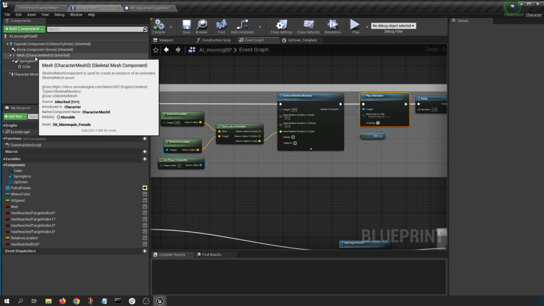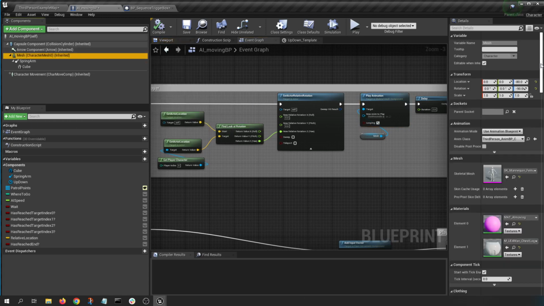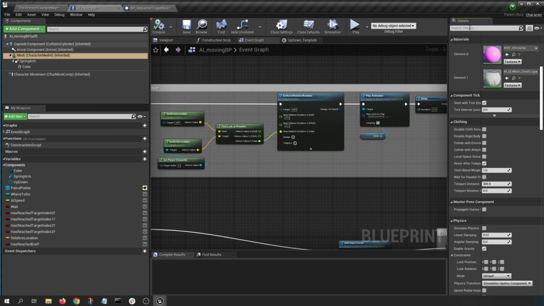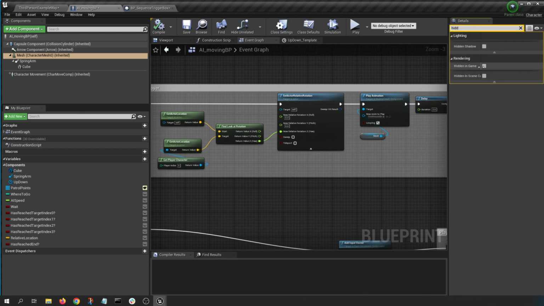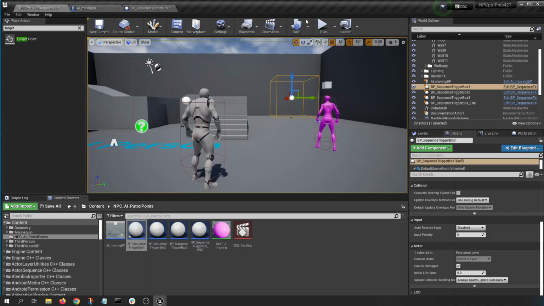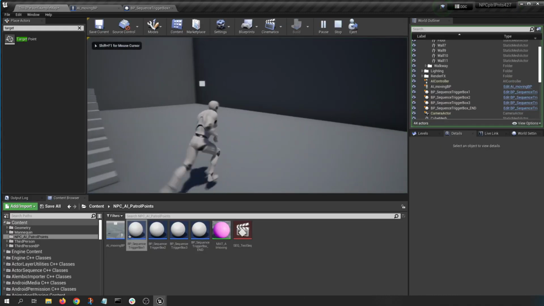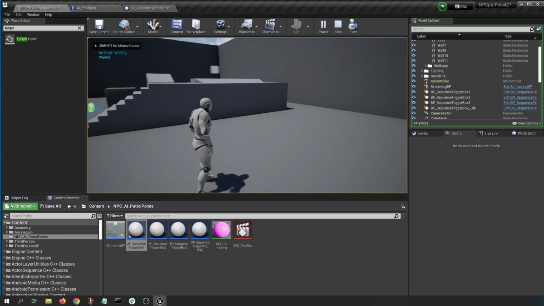What I would do is go to my mesh and set it to hidden in game, and compile and save, and then now I have my floaty little AI character that I can follow around,